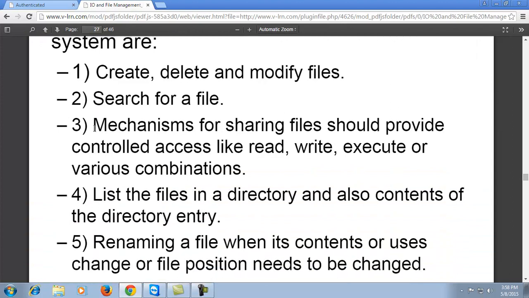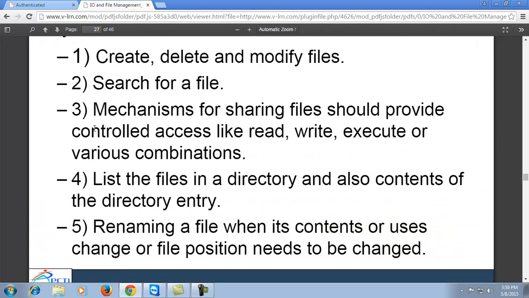Next is listing the files in a directory and the contents of the directory entry, and renaming a file when its contents change or its position needs to be changed as per the process requirement or the user requirement.